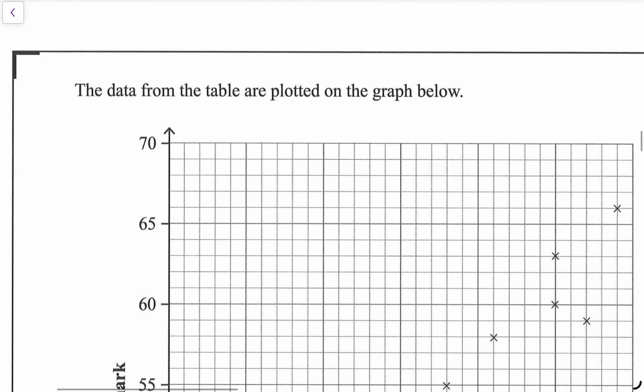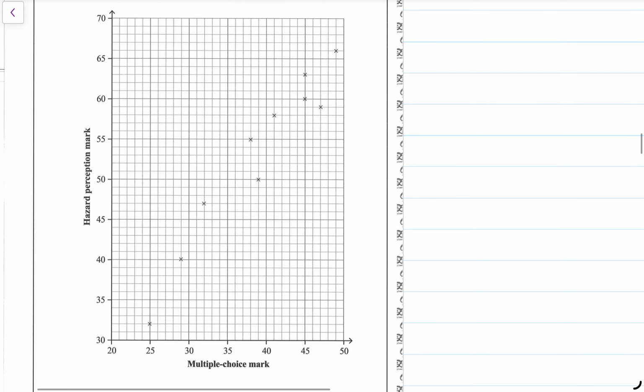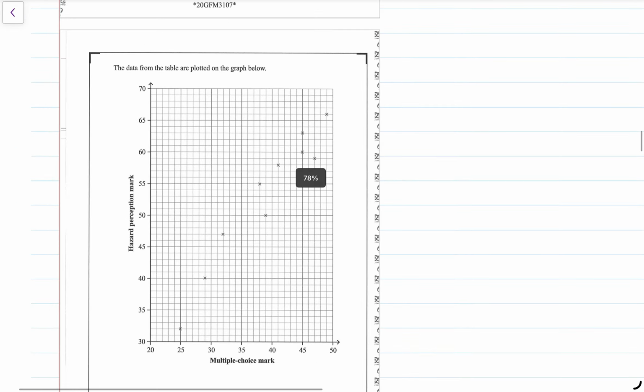Oh, next one. Okay, I should really have done this out. Oh, thankfully, oh, happy days, right? Great. I don't have to do this out the long way, thankfully. What they have done, they have given us all the points done out. We just need to put in our mean. So our mean